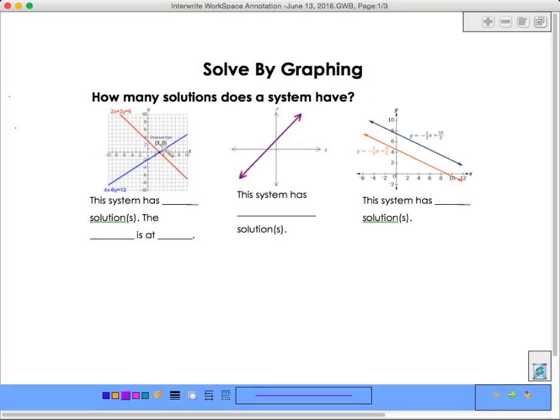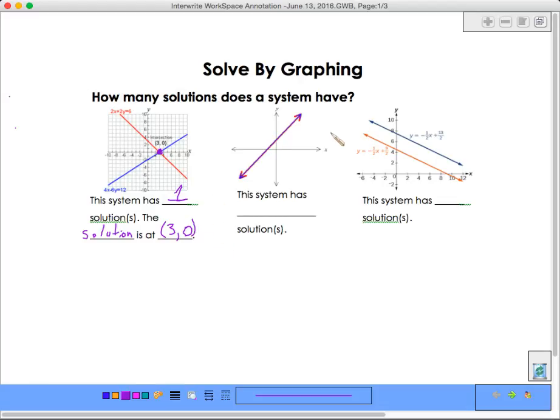Looking here, I have two equations that are graphed. So I have a system of equations that is graphed. And where they cross, where they intersect, is their solution. So their solution is right here. They only cross at one place, so they have one unique solution. And the solution is at that intersection. So make sure you write it as an ordered pair. Remember, it's x comma y,